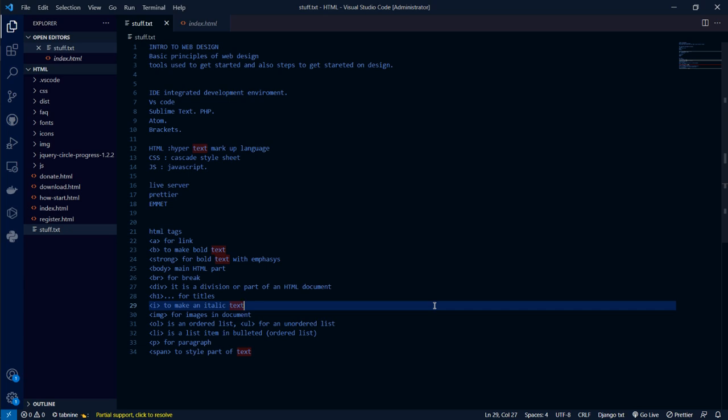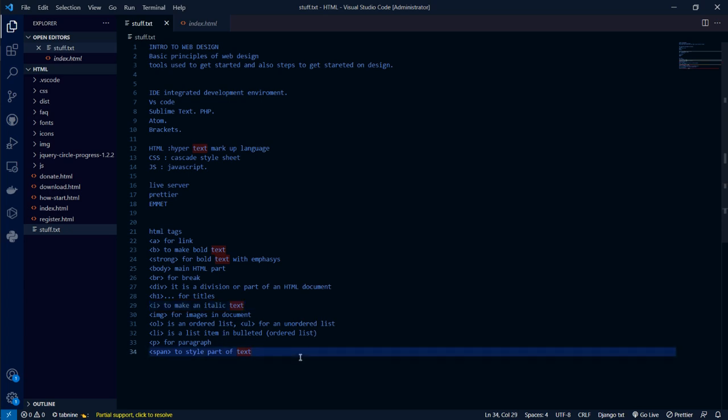I showed you how you can create the HTML document, and every single HTML document ends with .html, every single CSS document ends with .css, and every single JavaScript document ends with .js.